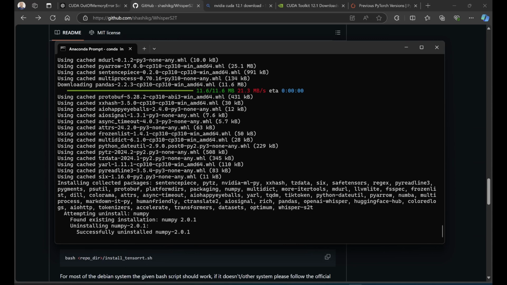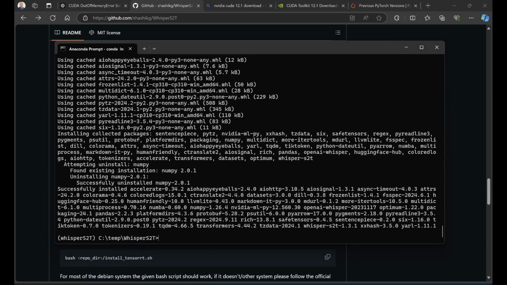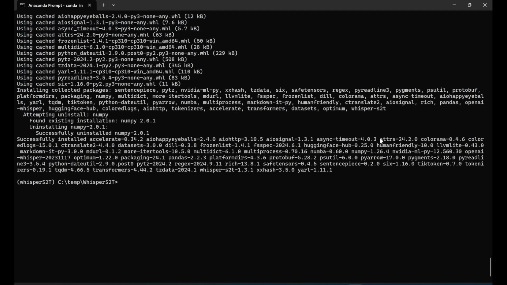It has a specific requirement for a version of NumPy. And we should be up and ready very soon. There you go. So now we have everything ready. Now we can start looking at our library, WhisperS2T. What I'm going to do for today is start Anaconda